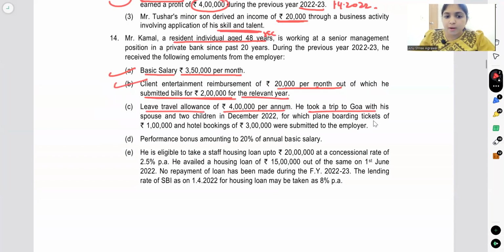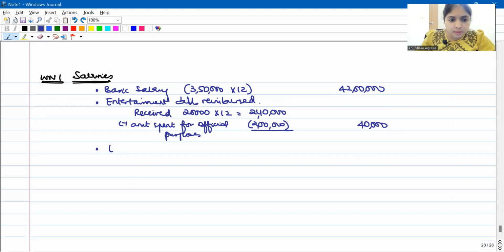He took a trip to Goa with his spouse and 2 children. Good, only 2 children allowed. In December 2022, for which plane boarding tickets of 1 lakh and hotel booking of 3 lakhs were submitted to the employer. See, listen, we're talking about leave travel allowance. How much did he get? He got leave travel allowance. Received